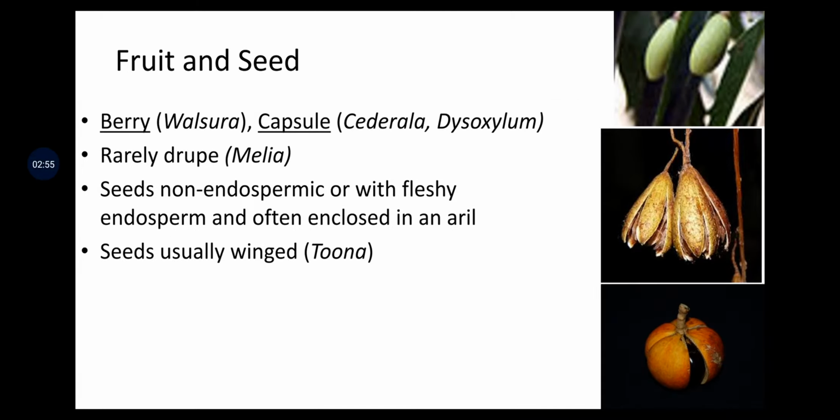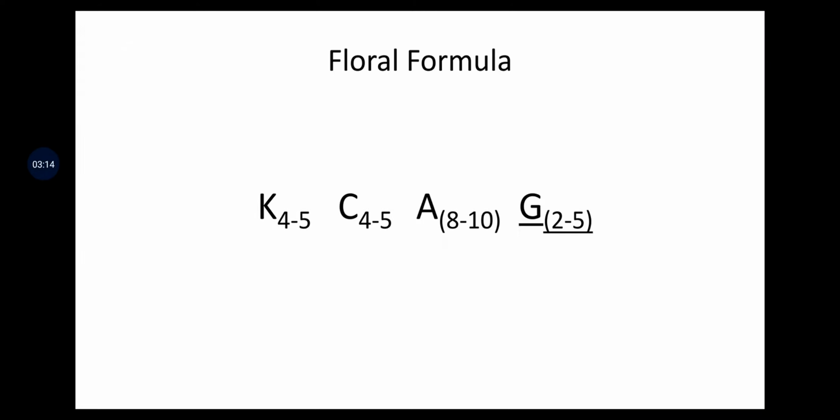Coming to fruit and seed, fruit is berry in Walsura, capsule in Cedrela and Dysoxylum, rarely drupe in Melia. Seeds are non-endospermic or with fleshy endosperm and often enclosed in an aril. Seeds usually winged in Toona. Floral formula is Calyx 4 to 5, Corolla 4 to 5, Androecium 8 to 10 and Gynoecium 2 to 5,